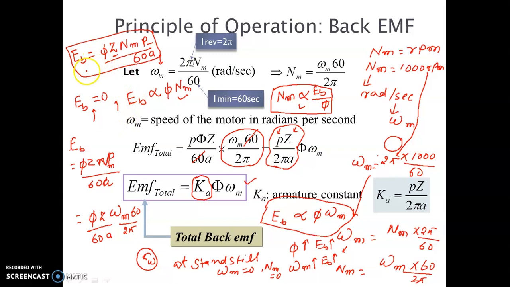So I have explained how induced EMF is produced in the DC machine, what its value is, and on what parameters the back EMF induced in a machine depends. In the next part I will discuss the equation of the torque, how torque is created, and what its value will be. Then I will also look at some numerical problems.